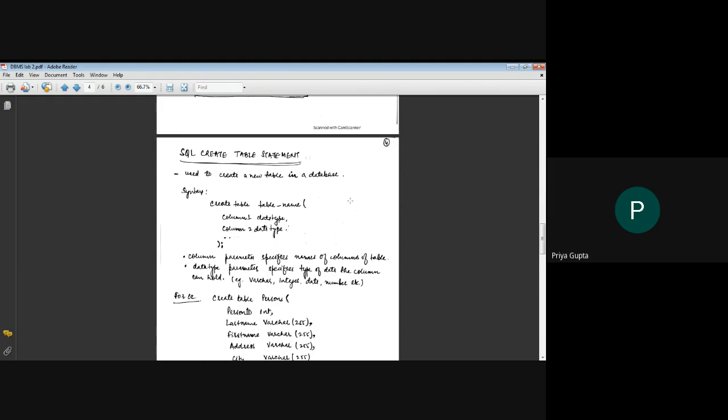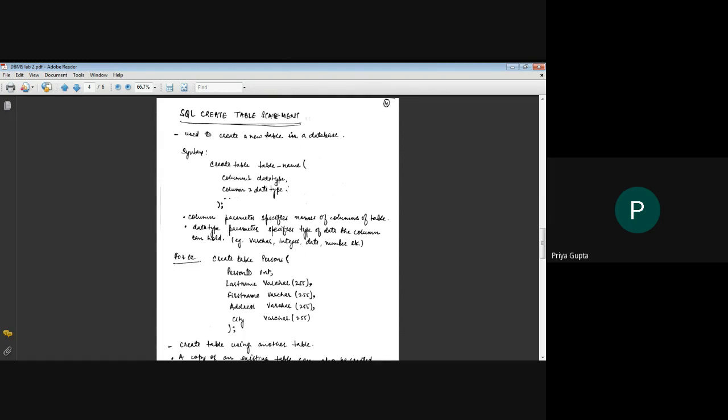The create table statement is a part of DDL commands, where we have seen how the structure of the table is created. It is used to create a new table in the database. So the syntax of create table is: we need to write CREATE TABLE, that is my keyword. After that, we need to write the name of the table and specify the data types or specifications of the columns that I want to create in my particular table. After that, I need to put the semicolon at the end to close my table.